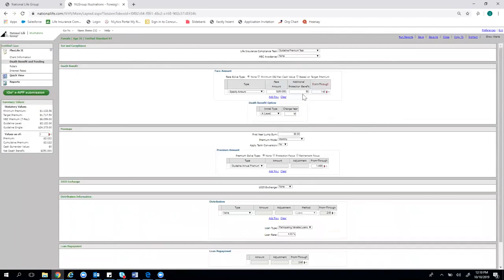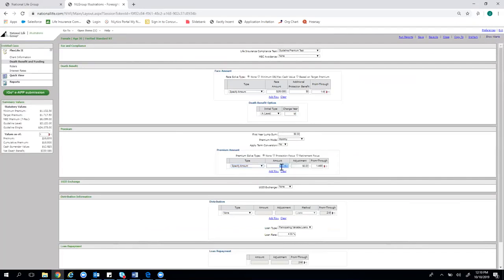Well, luckily the illustration can work for that too. So what you would do in that scenario is go to what you know first. I'm going to leave the death benefit alone, even though it defaults to 100,000 normally. We'll come back to it. But if I focus on premium first,